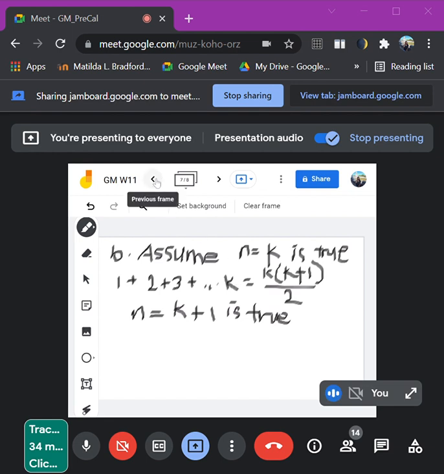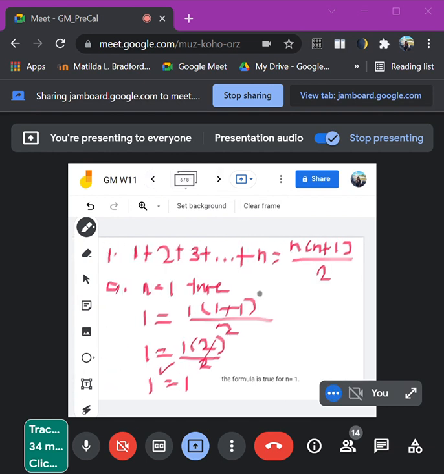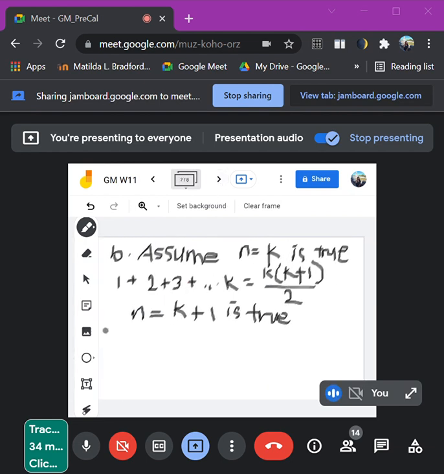So mobalik na sad ta sa tong gihatag ganina diri. So kani siya, kani ang kaning mga n diri ato na sad siya himuon og k plus 1 class. Okay? So what will happen now to your given is mahimo na siya og 1 plus 2 plus 3 plus k and then mag plus k plus 1 na ka,